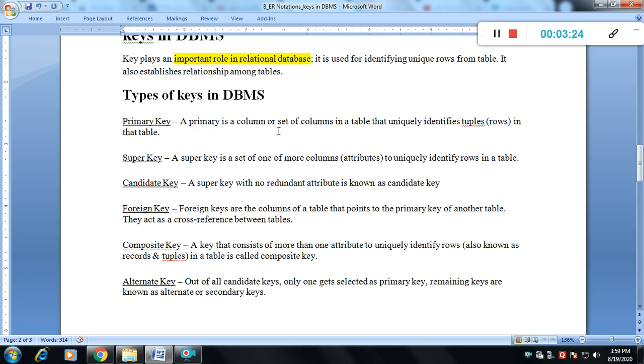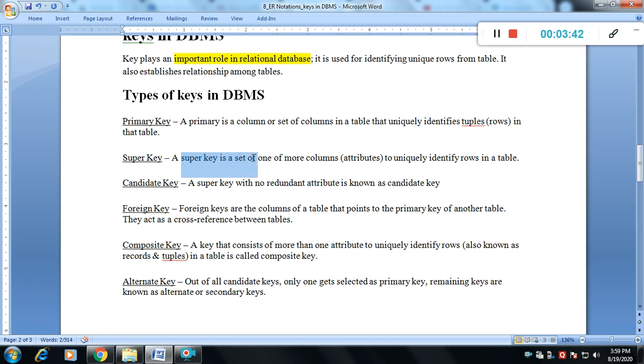That is simply the primary key: a column, or set of columns, in a table that uniquely identifies the tuple, meaning it uniquely identifies the rows in the table. That's called the primary key. That is simply the example, or explanation, of the primary key.